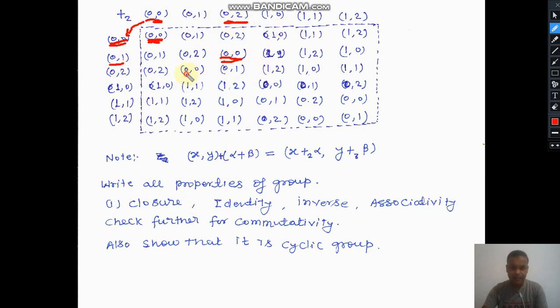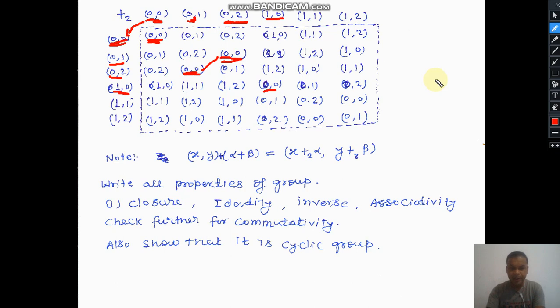Again for this line, it is the same, 0, 2 and 0, 1. We can say that 0, 1 is the additive inverse of 0, 2. Similarly for the element 1, 0, its additive inverse is 1, 0 itself. So on the basis of this composition table, you can write the inverse of each ordered pair, and you have to write it completely. After writing this, you will write a statement for the associative axiom.